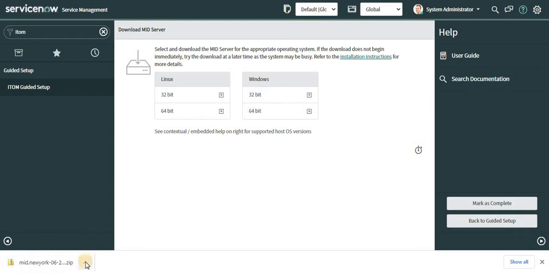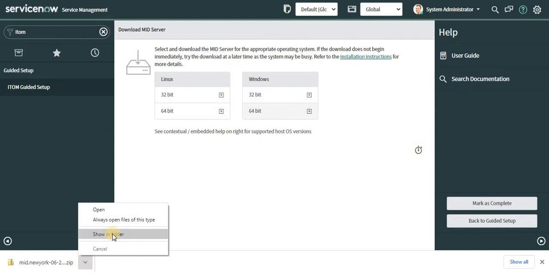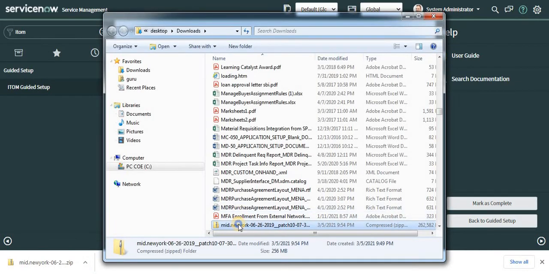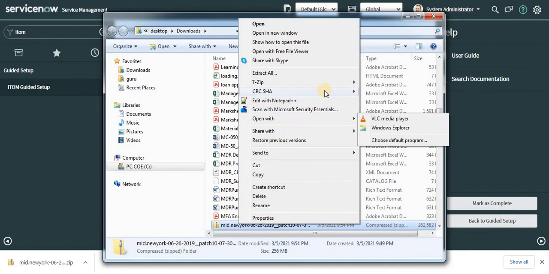Once it is downloaded, I will go to the folder and extract it.